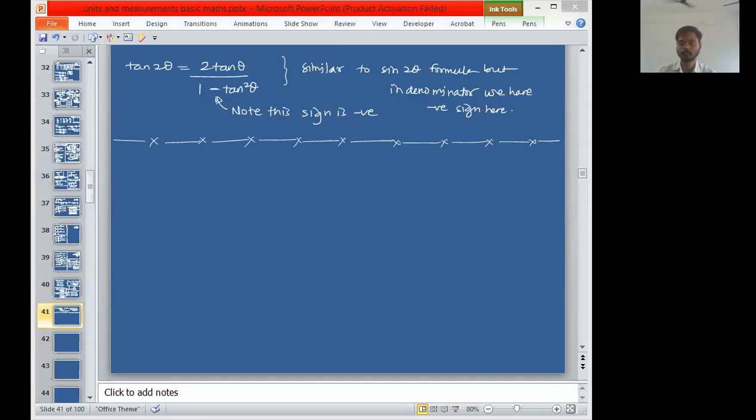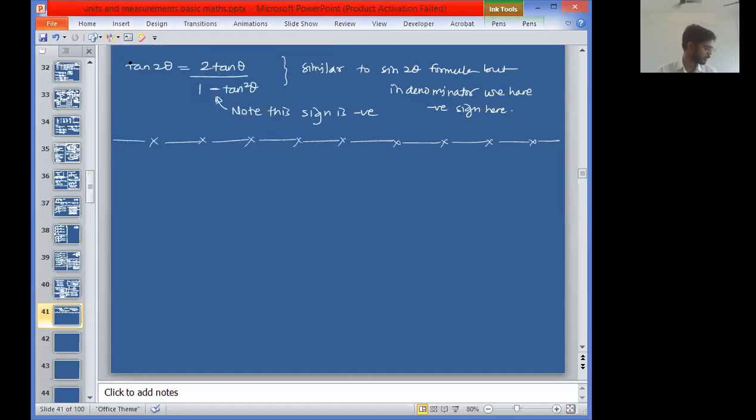Good. Fine. Chalo, everyone now concentrate. The further formulae today we are going to write. Okay, sir. Now the further formulae I have listed down. Now triple angle formulae. Everyone write down along with me. These formulae also are rarely used in physics, but we will try to remember them. Okay. Chalo, everyone write down along with me.